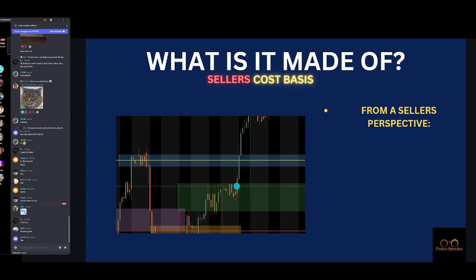But anyway, if I'm a seller, my job is to push price down and pass the baton. When price moves down to cost basis, you can see right here, it bounces. That was your opportunity. And how many times? 1, 2, 3, 4, 5 times you attempted to push price lower. So what's happening for a seller? If price is not continuing down, you can't send price and close price underneath. This is where, if you are borrowing shares at a higher price and it goes above your average,